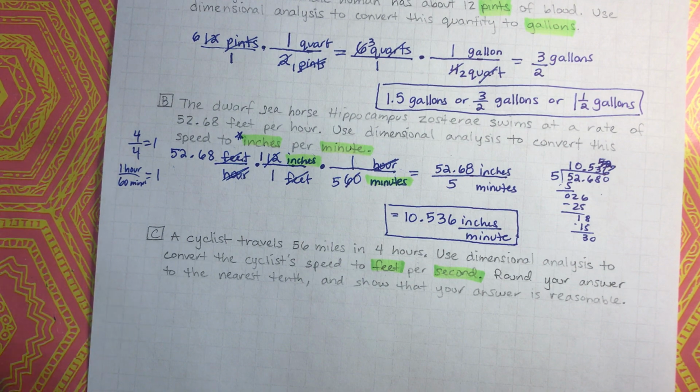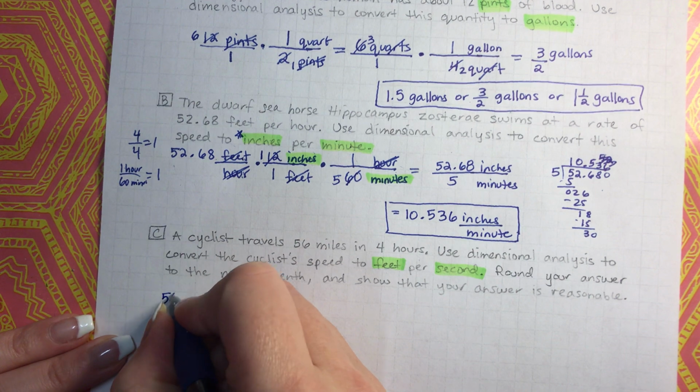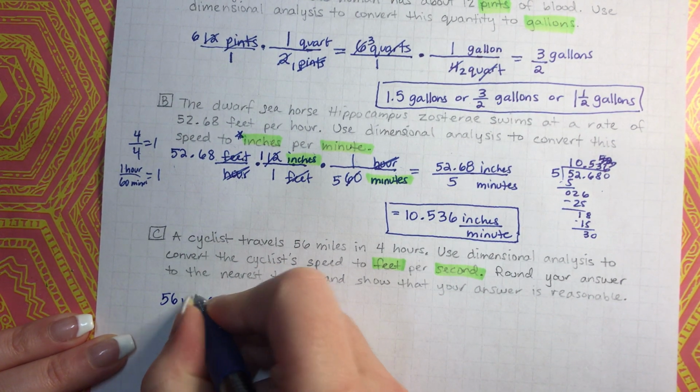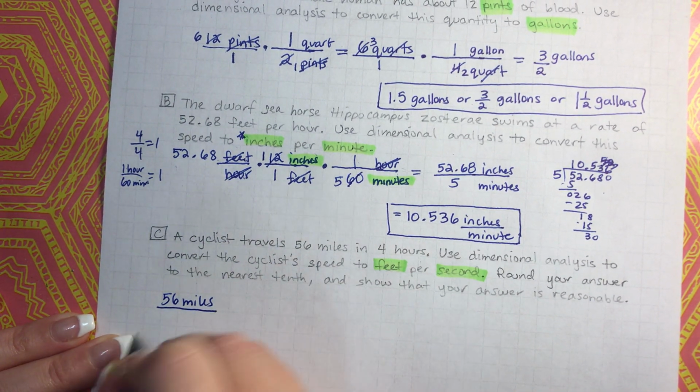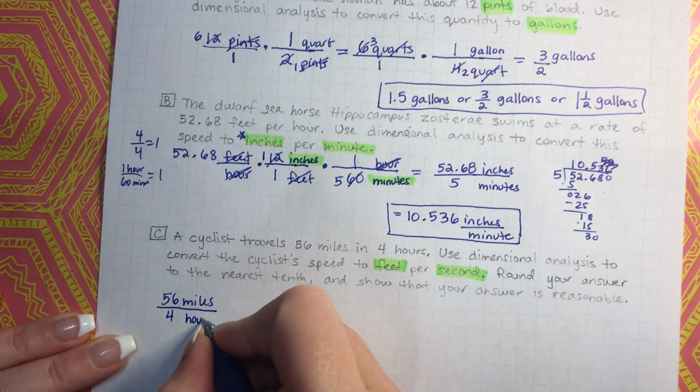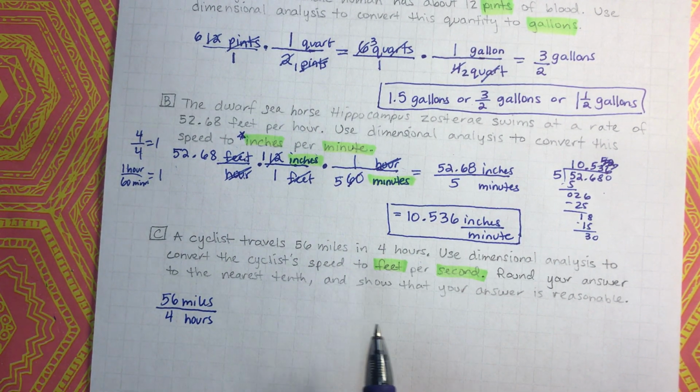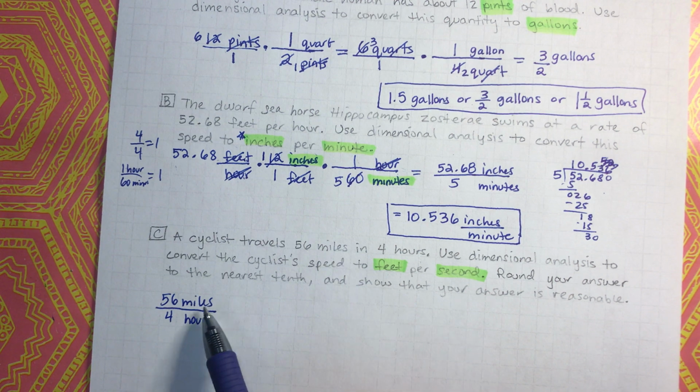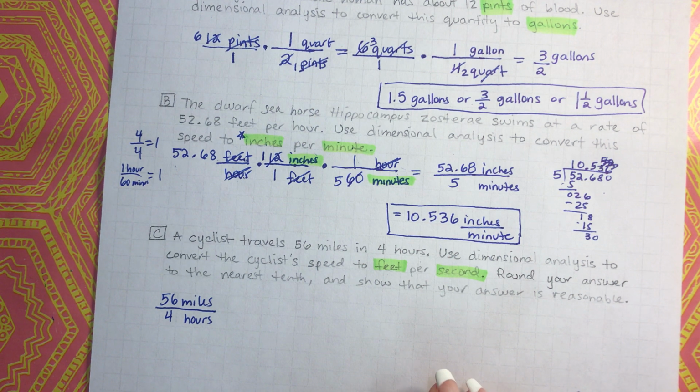So let's go ahead and write down what we have. We have 56 miles in 4 hours. Okay. And this is not in feet, and that's not in seconds. All right. The one thing you're going to have to know before we start this is that